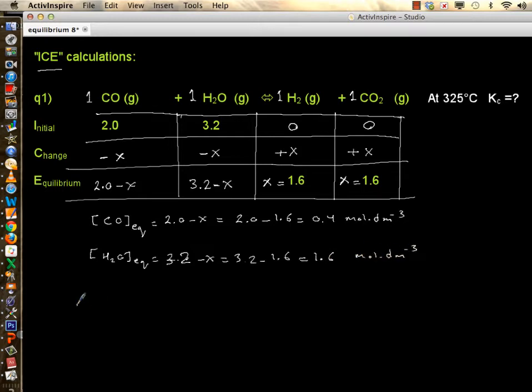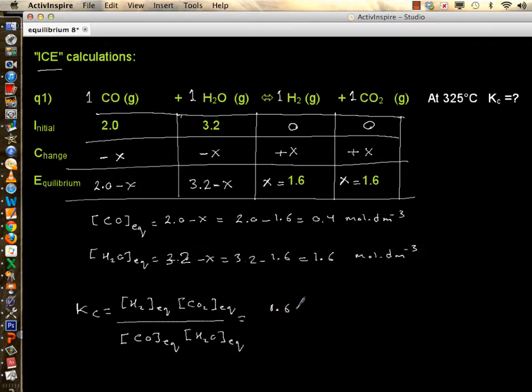Now what is Kc? Kc is simply products over reactants. I write the expression. They are all coefficients of 1, so there is no exponent. Now we simply plug in the numbers we have. At equilibrium we have 1.6 of hydrogen and carbon dioxide, so 1.6 times 1.6 is 1.6 squared, divided by, at equilibrium carbon monoxide is 2 take away 1.6,